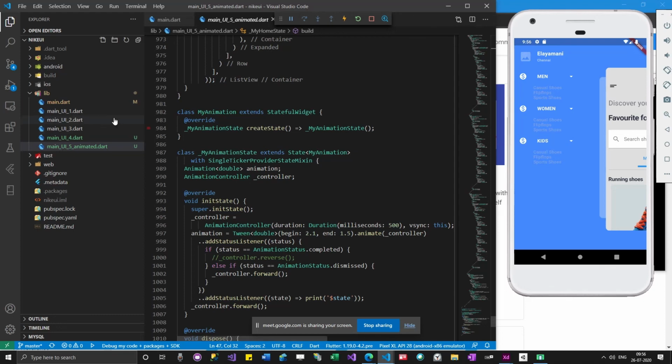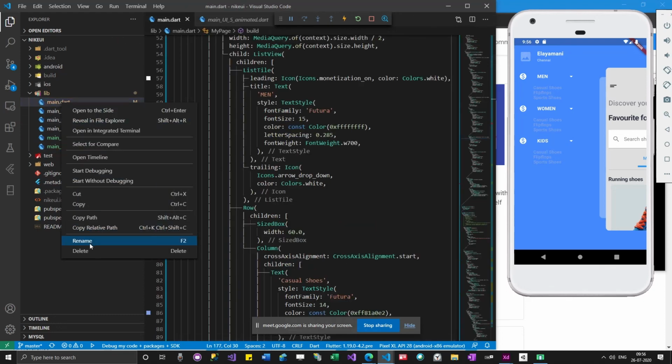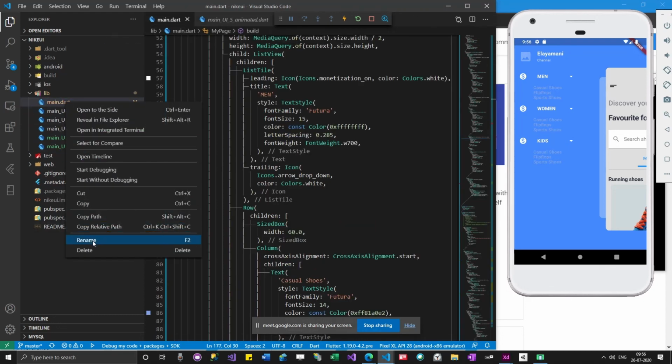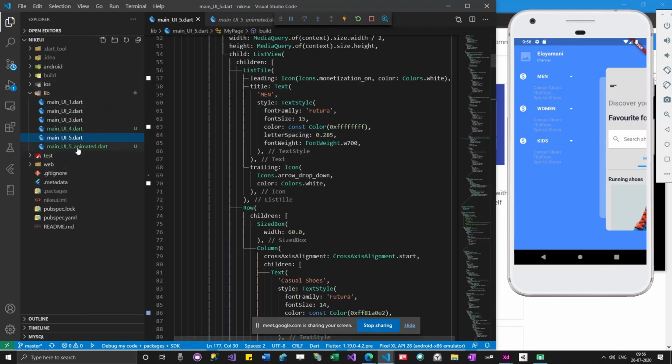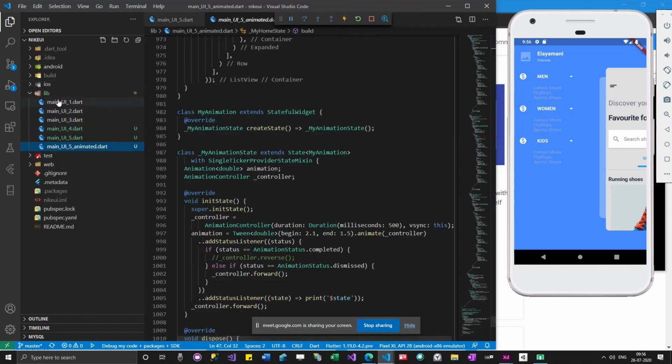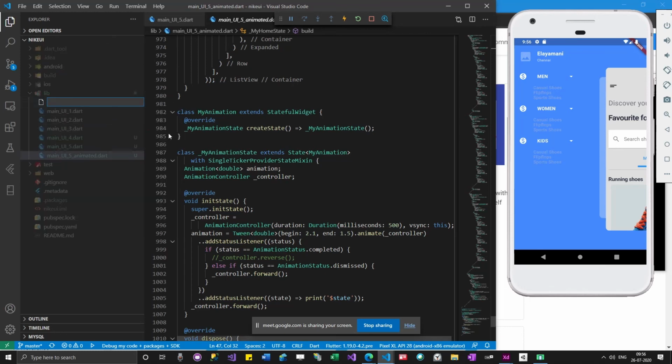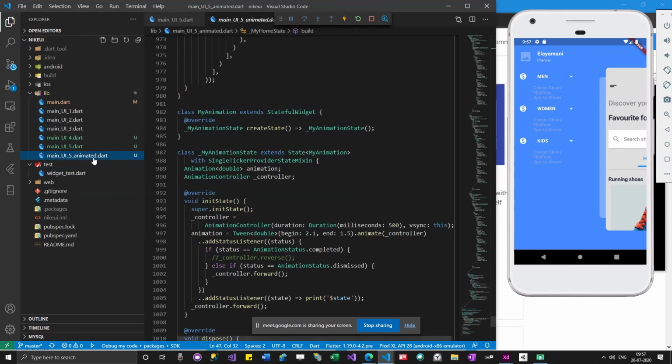Okay, so I will rename this to underscore 5, and then I will push this code. I just want to show this complete example once again, so those who have attended late can see the screen.